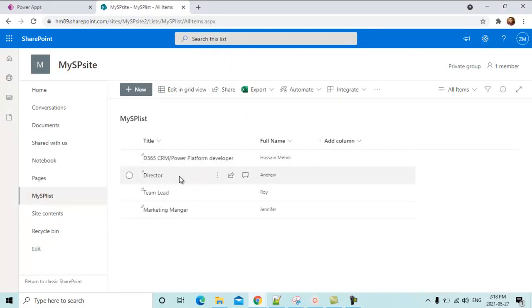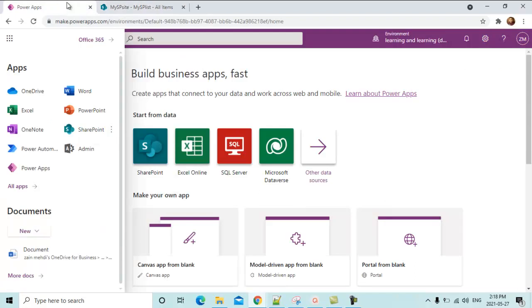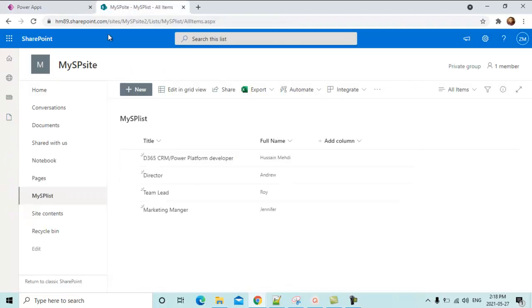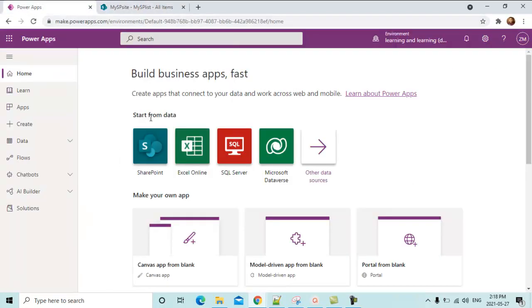Now we have a few different records, we will show these records in PowerApps. Now we are done with our SharePoint side, or SharePoint list. We can come over here in PowerApps and we can click start from data, because our data is ready over here. So we will use start from data and our data source would be SharePoint. We will click on SharePoint